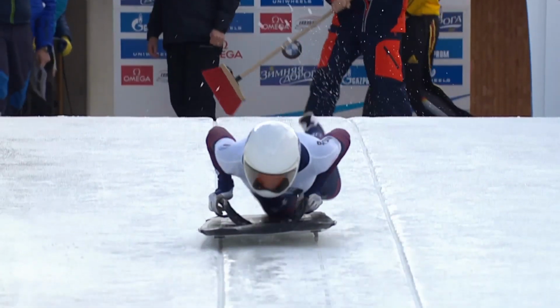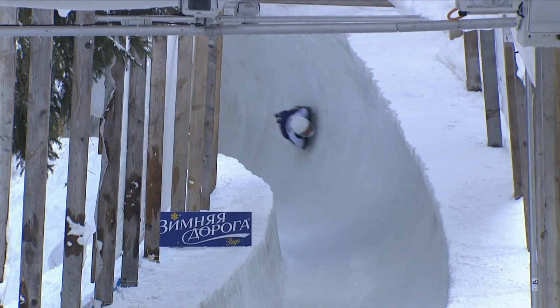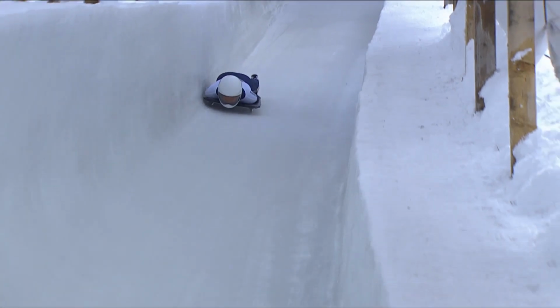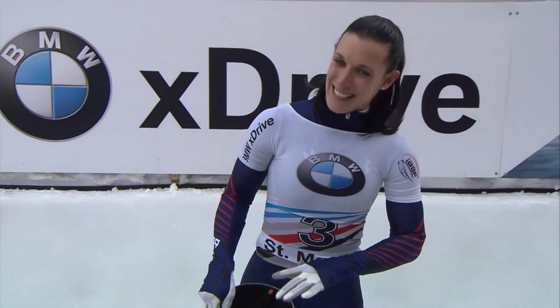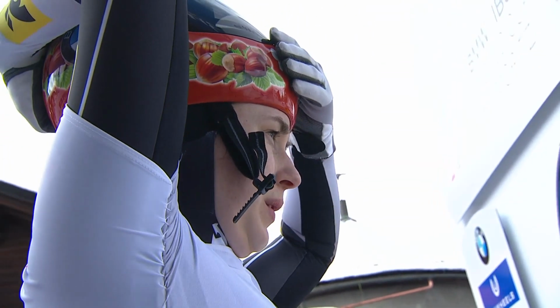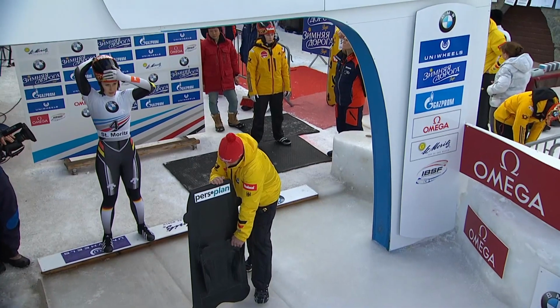Noelle Pikus-Pace won here for the USA in the Worlds 2007. The last American woman to win here is forerunning today. You know who that is? Who? Katie Uhlaender. Yes. So Katie, after a season away last year, has returned. She won the ICC, the second tier of sliding, and she will be in the World Championship lineup for the